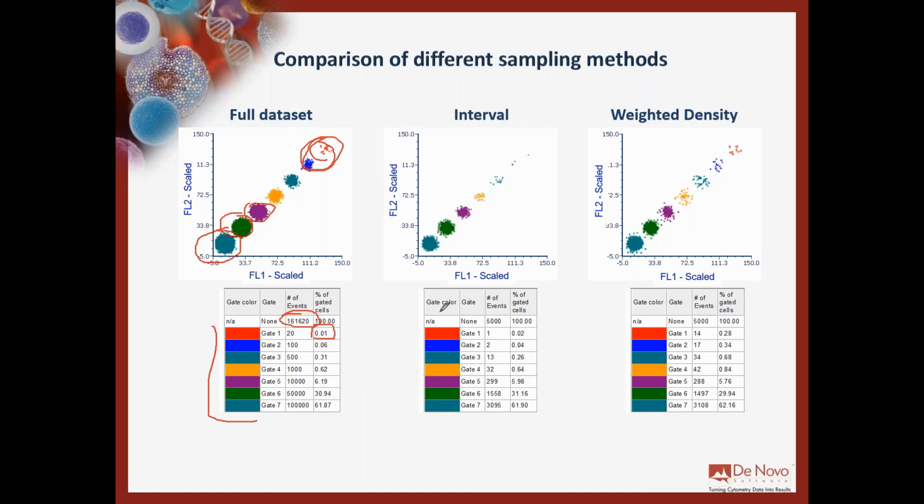Okay, I said I wanted to stress the system a little bit. So I said, okay, I'm really in a hurry. I just want to sample 5,000 events with either interval sampling or density dependent downsampling. So interval sampling is just picking cells like the first one, 21st, 41st, and whatever, up to 5,000. Okay, so it's basically a random sampling because events are acquired randomly from the tube, from the plastic tube on